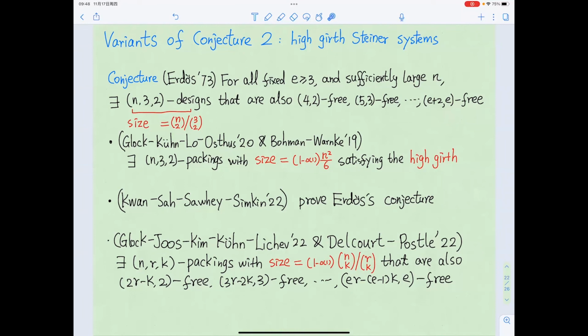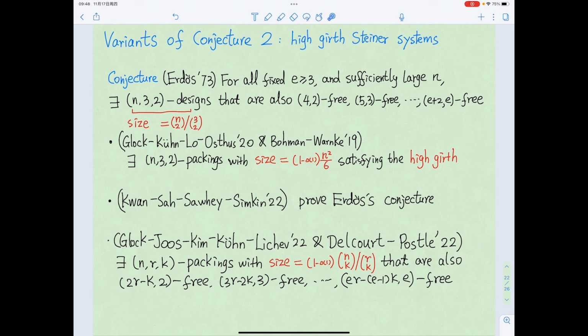So it is not exactly a design, but is very close. And in this work, this group of authors proves the Erdős conjecture